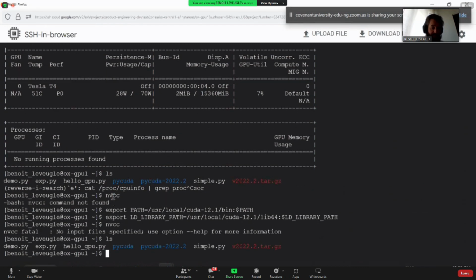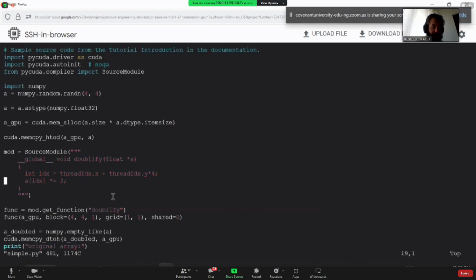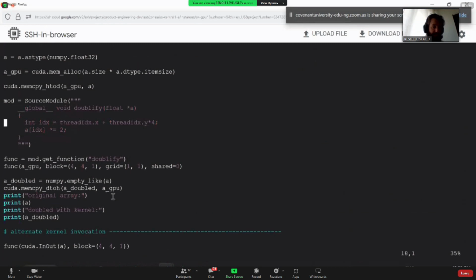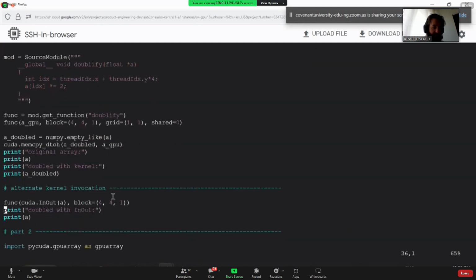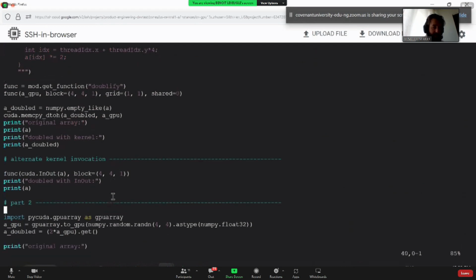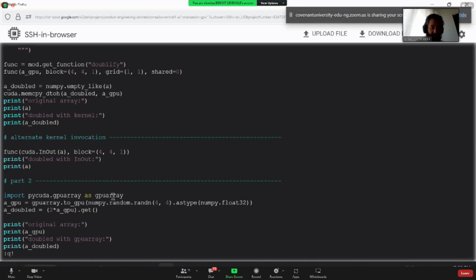You have to be sure about that. Then I can execute my demo. So I can check my simple demo. Where is it? So that's the program I showed you. Remember, first we have the memory copy, and we execute the kernel. Then we have the in-out method to calculate. And then we have the direct method using GPU array. And if I execute that,